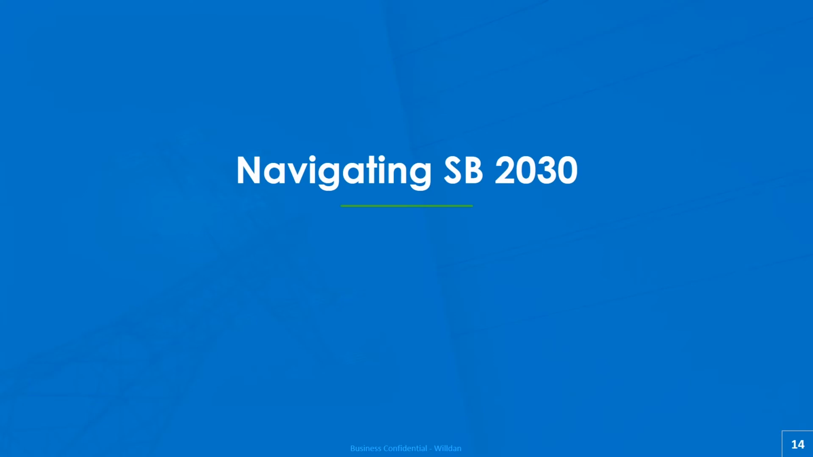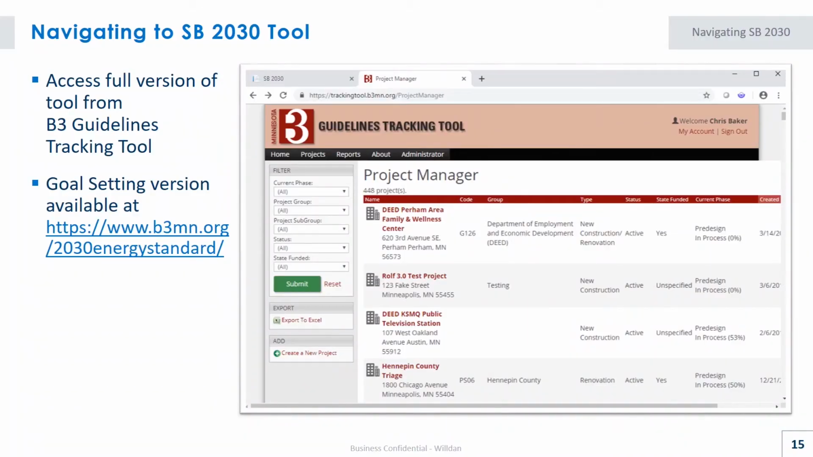So now I'm going to dive into how you access the tool and how you navigate through the tool. To access the full version of the SB2030 as designed tool, you need to have a project enrolled in the B3 Guidelines Tracking Tool. Within the B3 Guidelines Tracking Tool, you will see the projects that you are associated with, and you can navigate to it. You can see a partial version to set your goals if you don't have a project enrolled in B3 Guidelines yet at